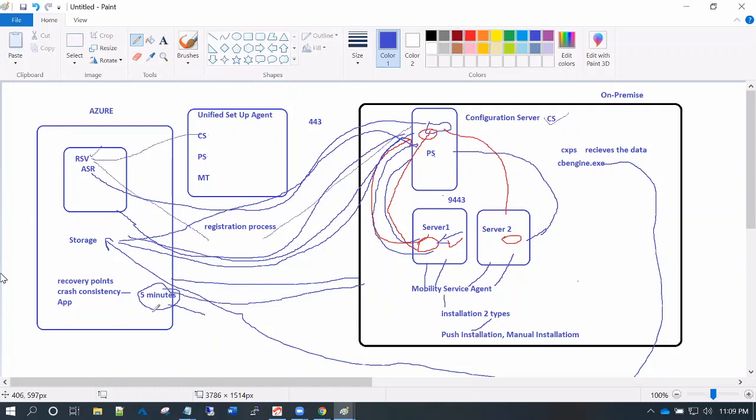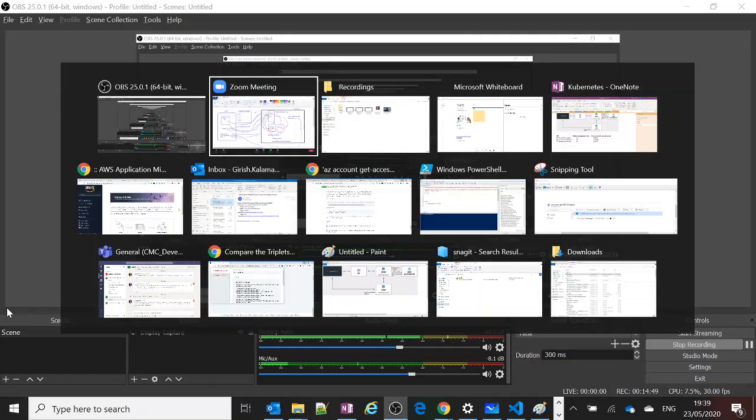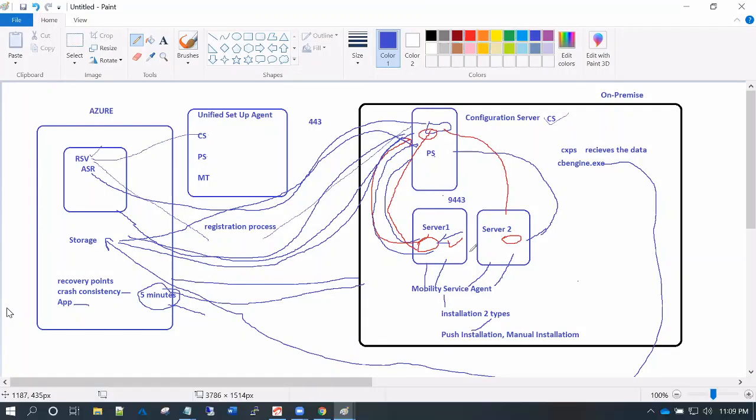This is one option. The other option is the application consistency recovery point, which we call an application aware recovery point. What do I mean by application aware? One simple example: let us say you have a database, and you are writing large queries. The queries you write are initially loaded to memory and will not be immediately written to the disk, which means you have data in memory which is not written to the disk.